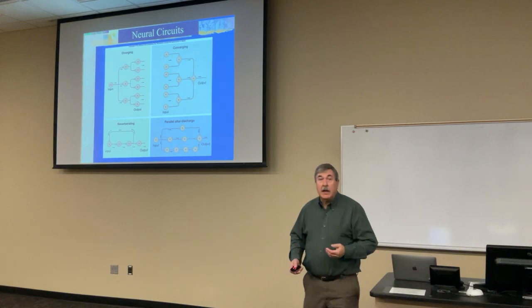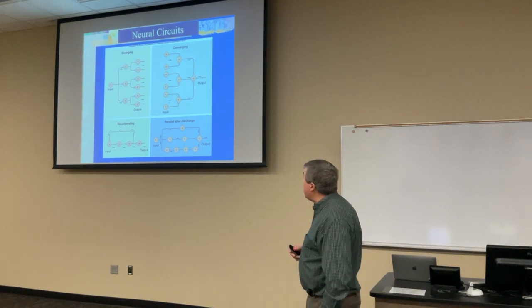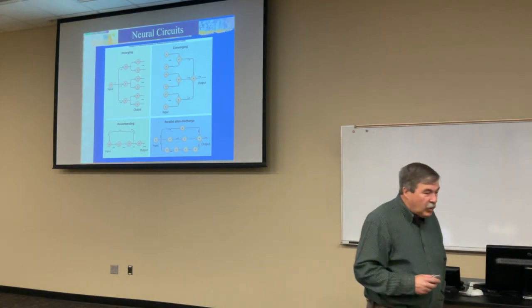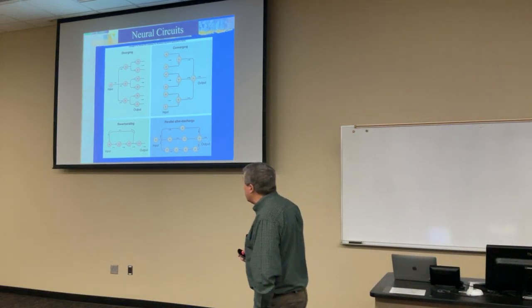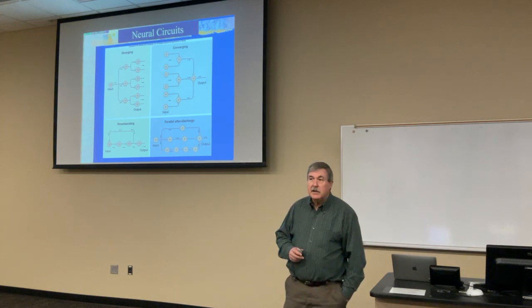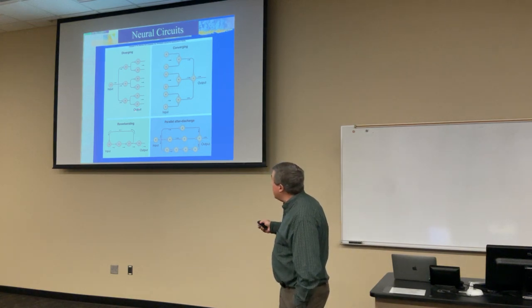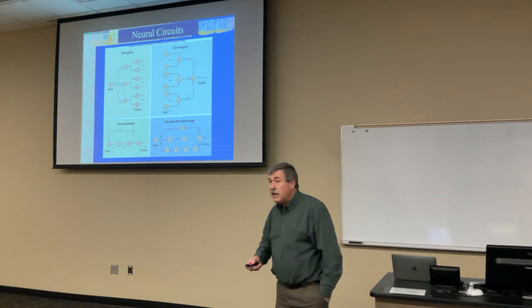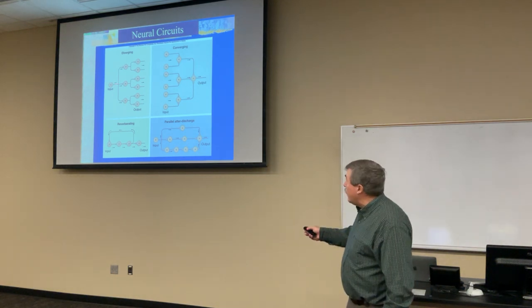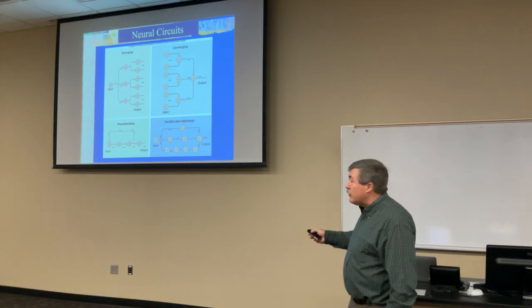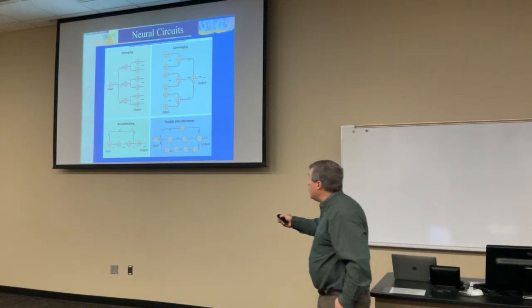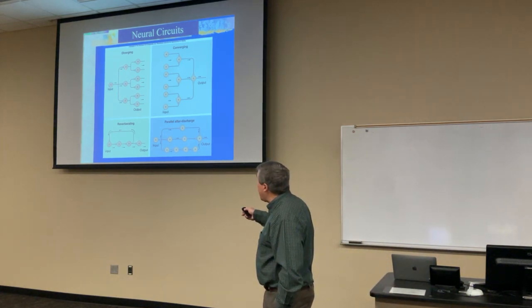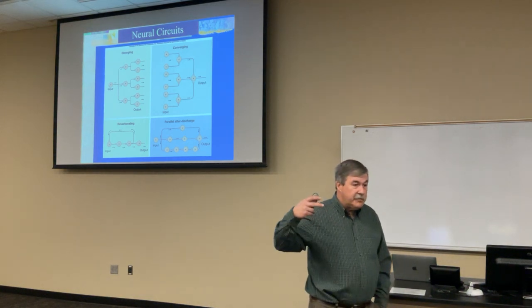Now, another way that we can get neural integration is by forming synapses with whole groups of neurons. Okay? And by doing this, it can produce different kinds of effects. One way is called a diverging circuit. In a diverging circuit, you have one neuron which has several axon branches. Since the axon branches, each one of those branches can synapse with different postsynaptic neurons.